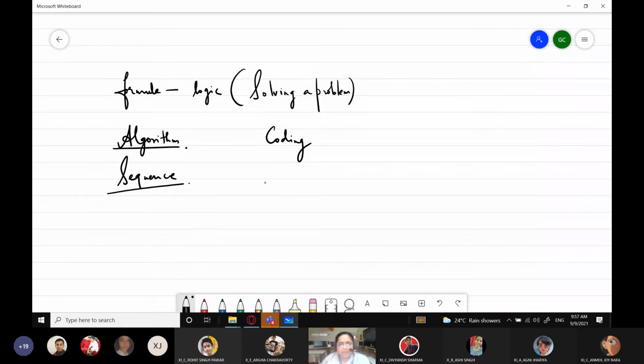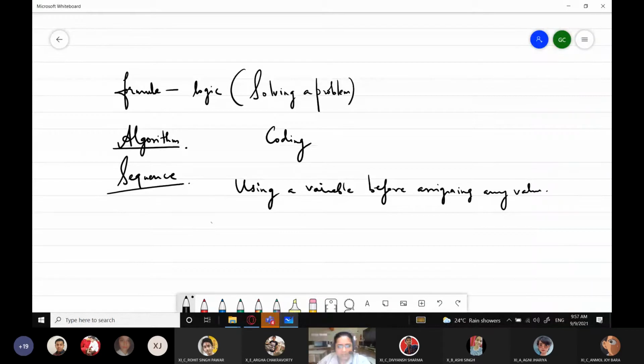For example, one problem which everybody was facing yesterday: you were using a variable before assigning any value to it. Like you simply wrote over here a equals b plus 2, and you said that I'm getting an error. Why are you getting an error? Because what is the value of b? No one knows.